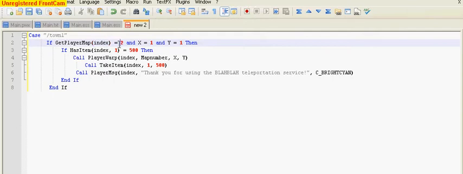And if it equals 2, and your x, which is defined earlier in commands, would actually be like this: get player x index equals 1, and get player y index equals 1. I just made up random numbers, doesn't really matter. So if you're on map number 2 and you're on x number 1 and y number 1, then down here,